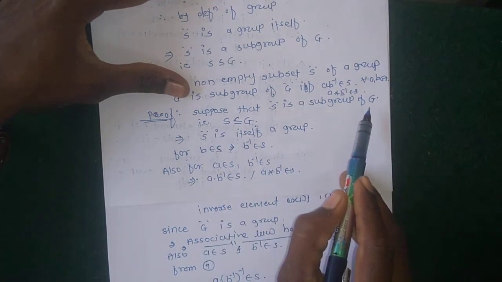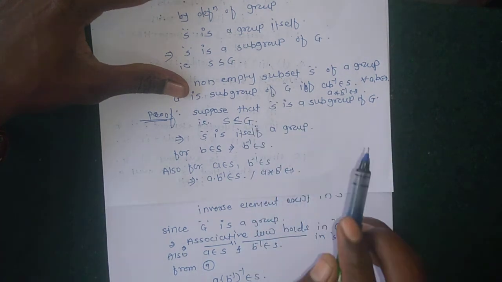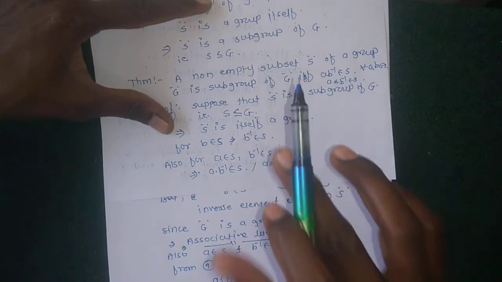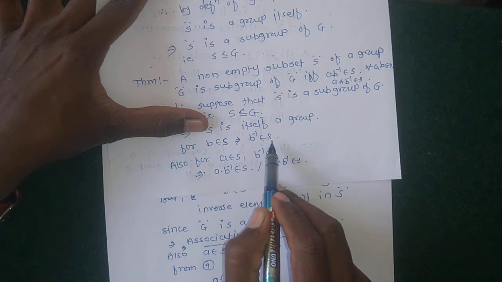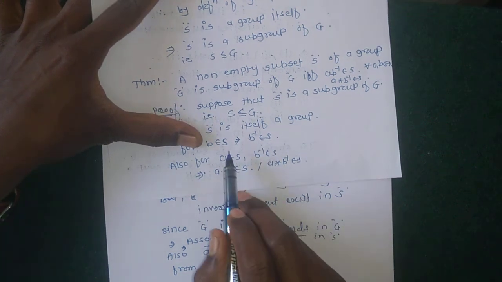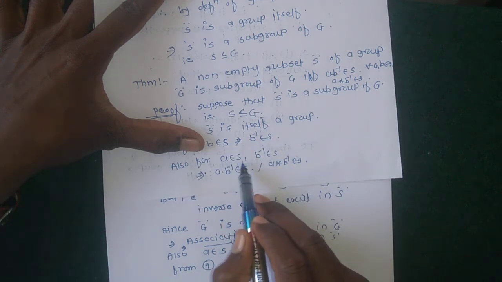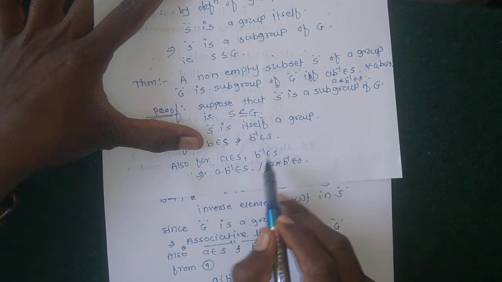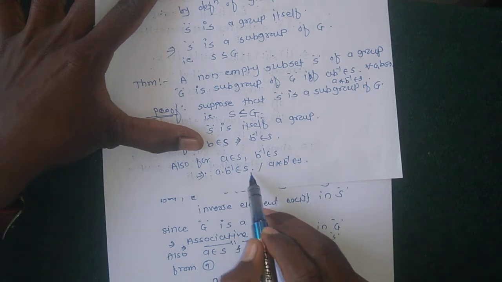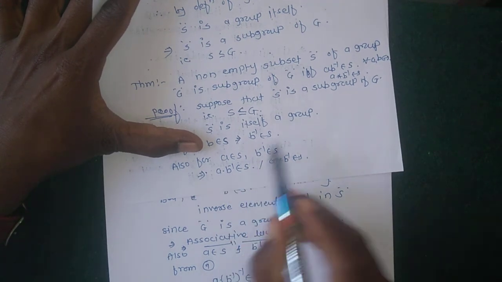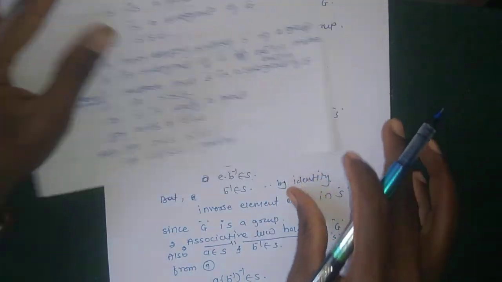Suppose that S is a subgroup of G. By the definition of subgroup, S is a group itself, which implies that S satisfies the four properties. If B belongs to S, then B inverse also exists in S. And for A belonging to S and B inverse belonging to S, when the binary operation is applied on these elements, their value must be in S, meaning AB inverse belongs to S. Okay, this is the proof of the first part. Then conversely,